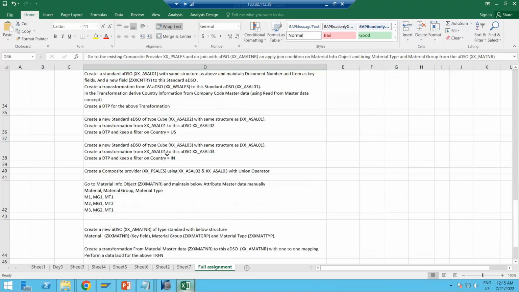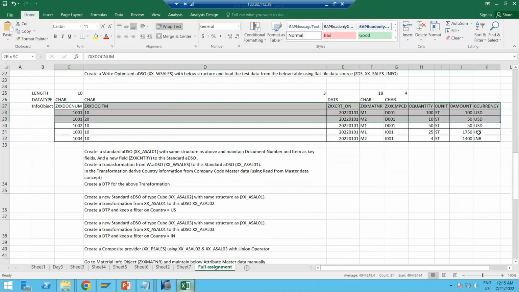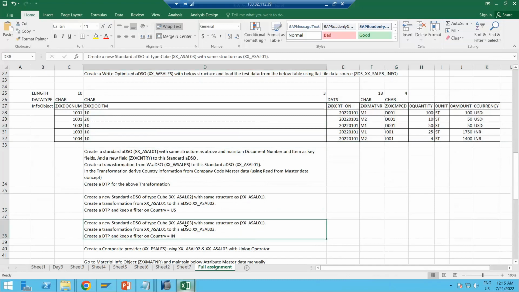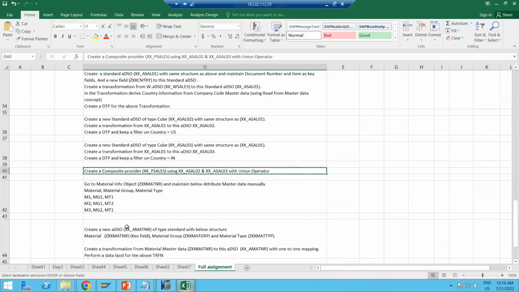Now what I am going to ask you is, what is your ADSO structure? Your ADSO structure contains these fields. Now what I am going to ask you is, which one? Create new standard of type cube. So 2 and 3 are the cubes which you are adding in your composite provider, right? Now today's assignment is